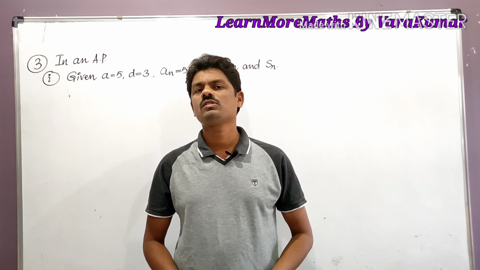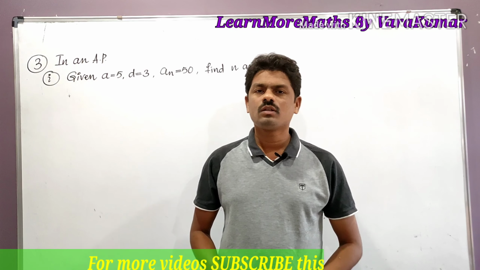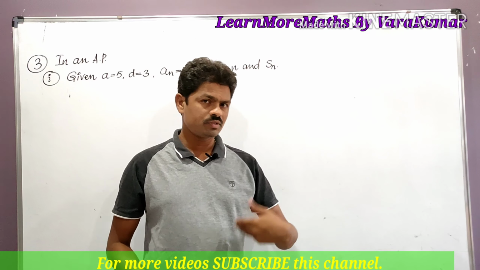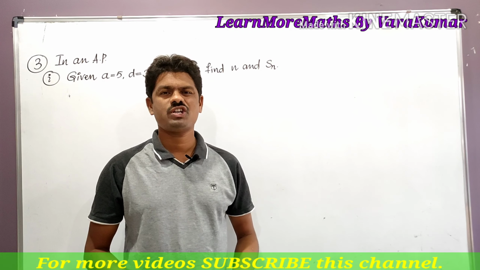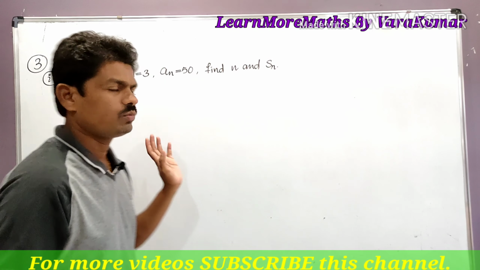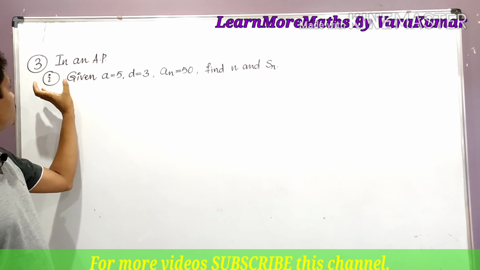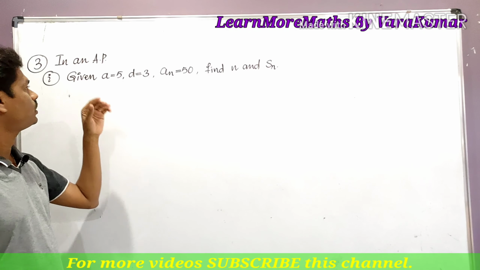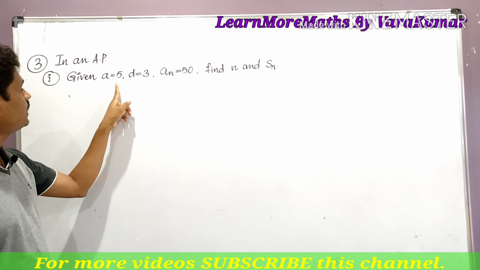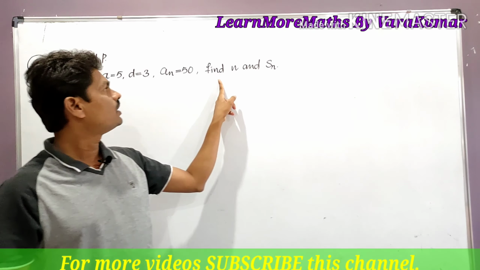Today we are going to solve some problems from the chapter Progressions, Exercise 6.3. Third problem: these problems are related to the formula for the sum of the n terms of an arithmetic progression, Sn. So see student, what he has given. Third one, in an AP there are some bits in the third problem. This is the first bit, so one by one we have to solve. First bit: given a is equal to 5, d is equal to 3, an is equal to 50, find